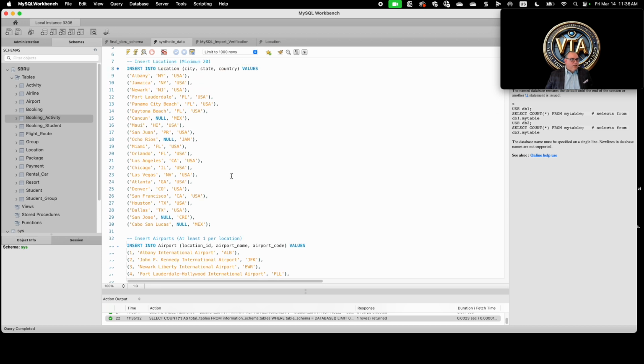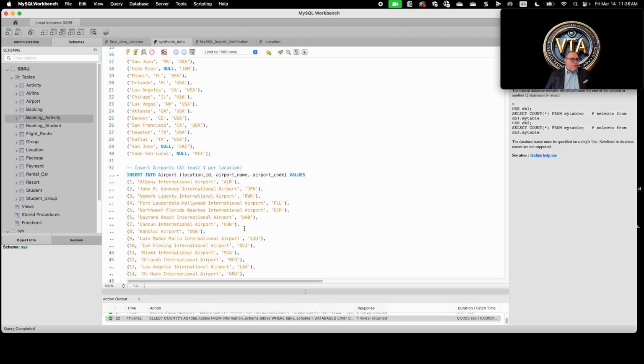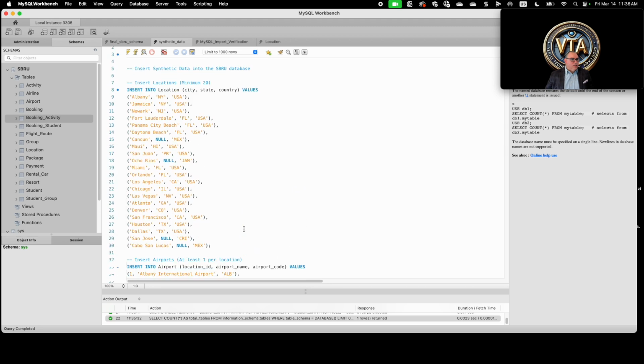We decided to have at least 10 destination vacation places, like Fort Lauderdale, Panama City Beach, Daytona Beach, Cancun, Maui, San Juan, Puerto Rico, Ocho Rios in Jamaica, Miami, Orlando, Las Vegas, San Jose, Costa Rica, and Cabo San Lucas. So we have a total of 22